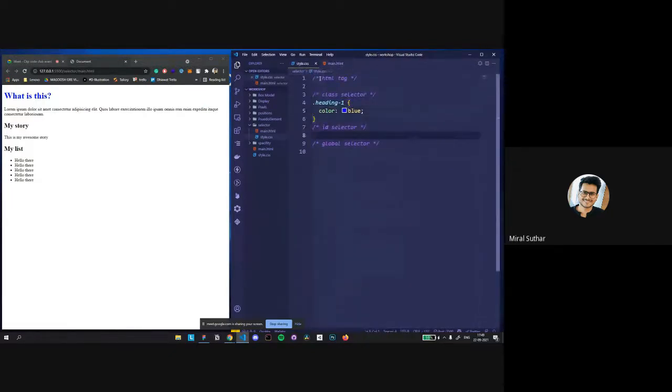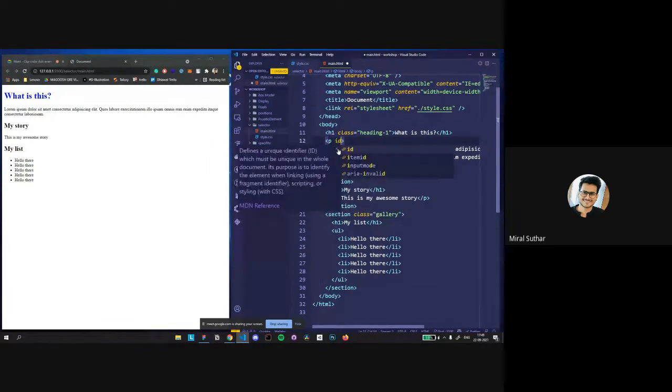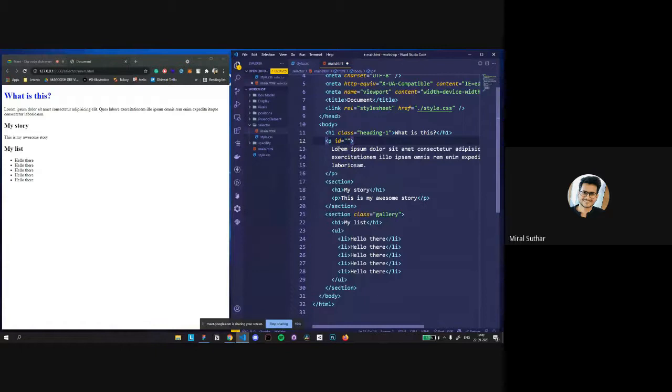There's something more with the selectors. You can select them with the ID too. For a paragraph tag, I give an ID. But there are only rare times that you give an ID, because it's for a unique element. You don't have to give everyone an ID. You can just use a class name also.